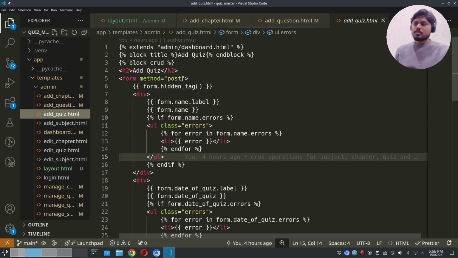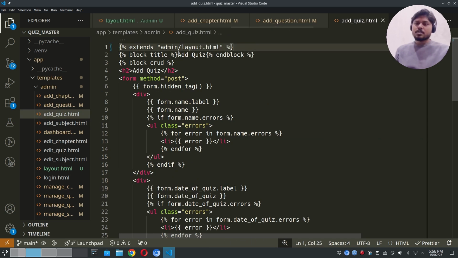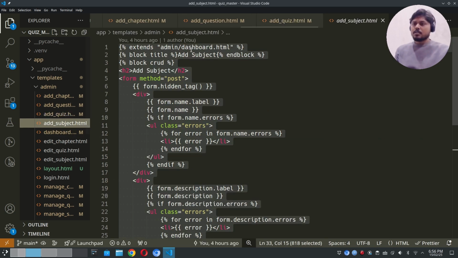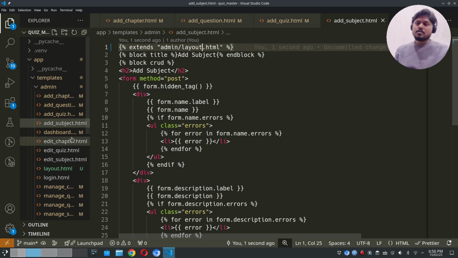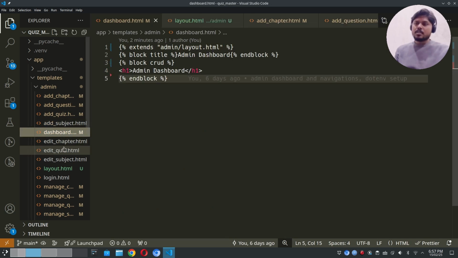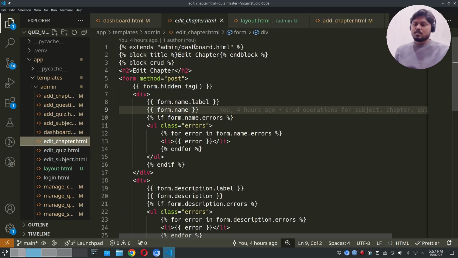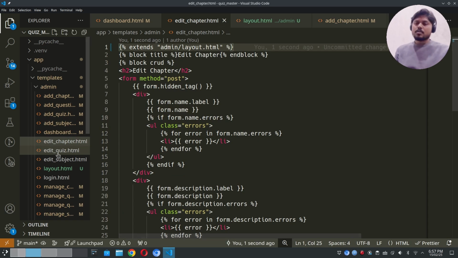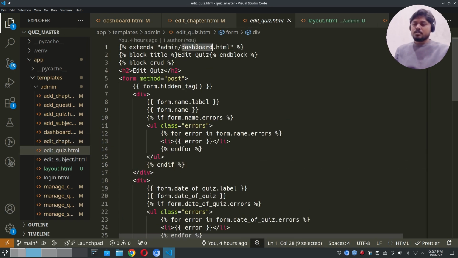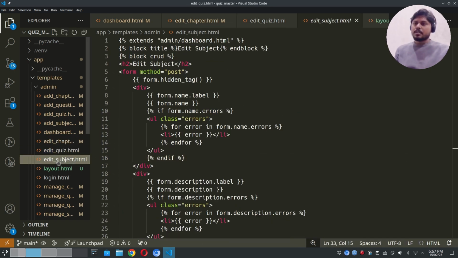Add quiz, dashboard, change it, subject. Replace this one also. The dashboard we have already changed. Layout, edit quiz, edit subject,